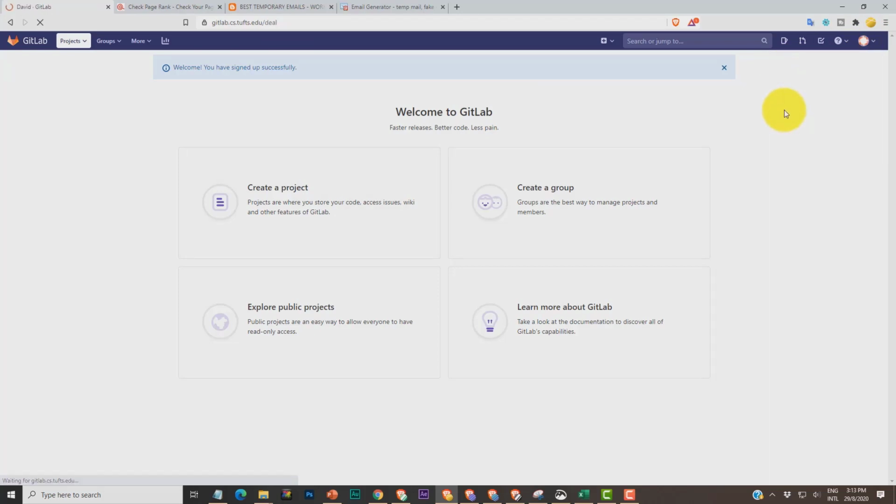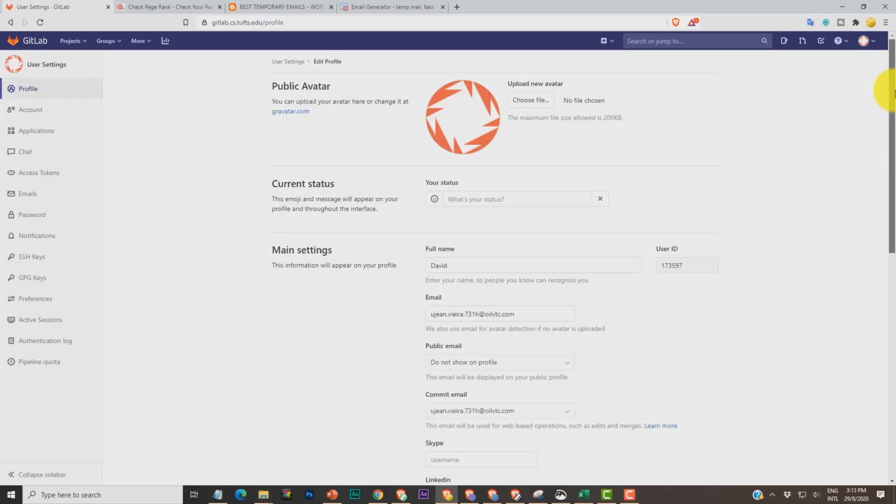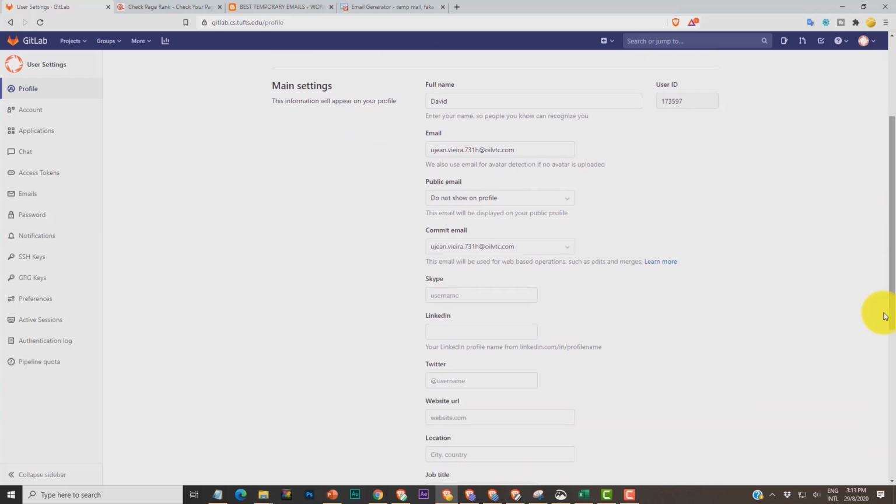Currently your profile is empty, no details are there. If you add your profile details and then the backlink, you will see those details appear in this section later. For that, what you need to do is go to your settings. In these settings you can see there are many things. Your name is there, user ID is there, and then your email ID. And if you want, you can put in your LinkedIn and your Twitter also.